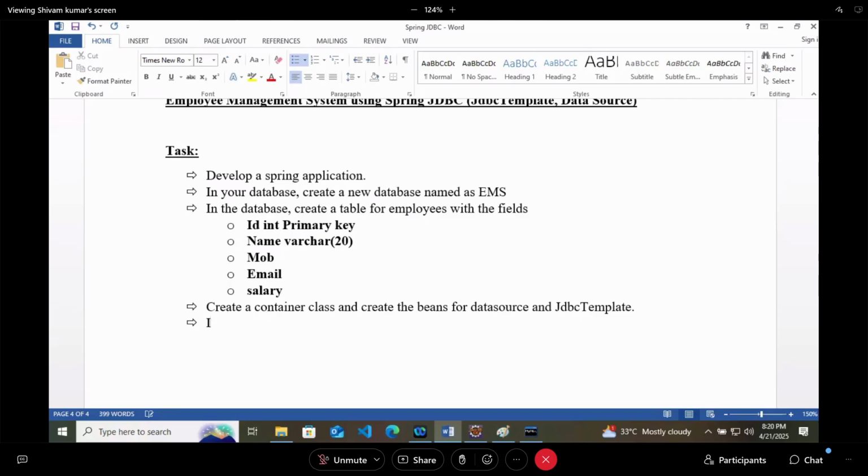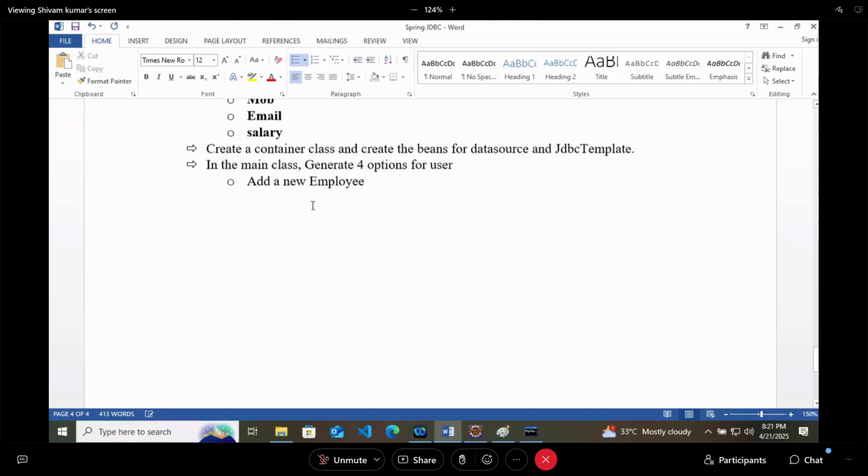Now, in the main class, generate 4 options for the user. What 4 options will we generate? Add a new employee. Let's say this particular app is given to the HR department. They can add a new employee, so they will choose option 1, 2, 3, 4.